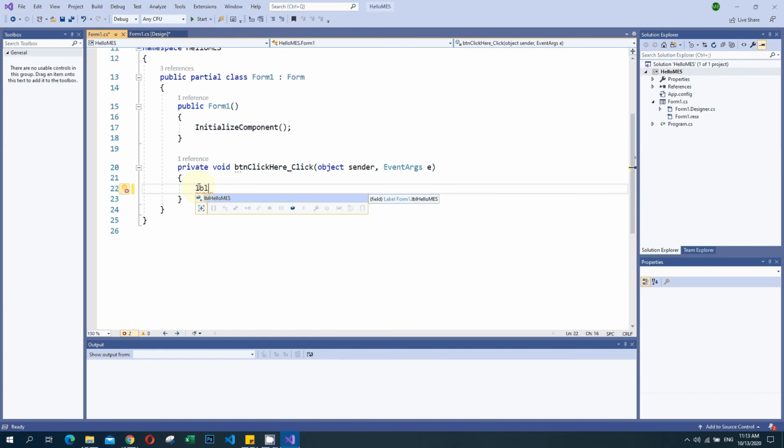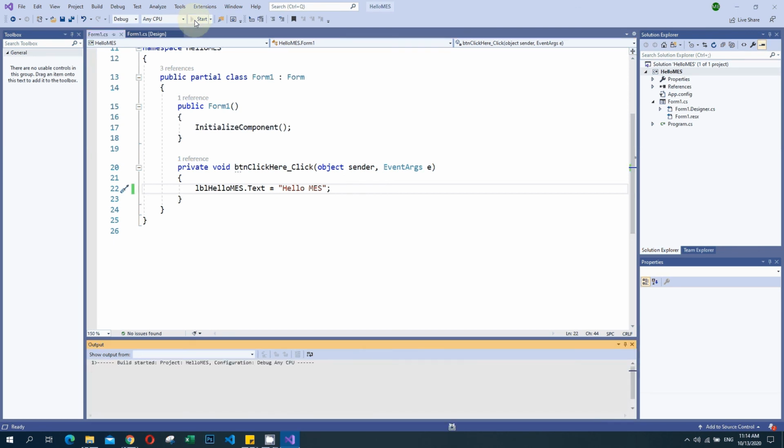We can use tab for auto selecting that. Text dot text is equal to hello MES. Then put a semicolon. That's done.